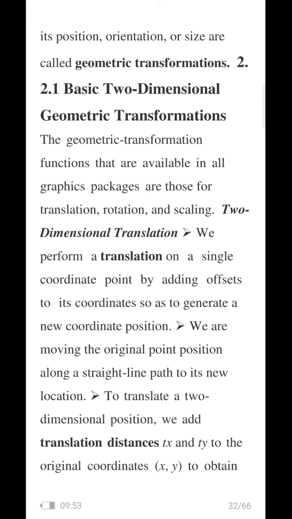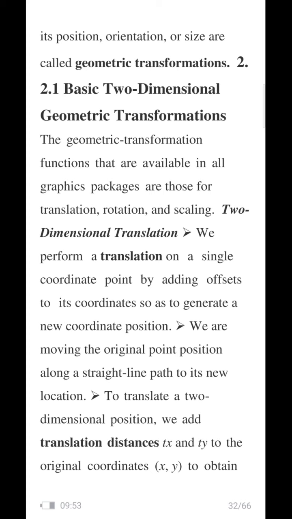The x coordinate value will be 20, and the y coordinate value will be 20. So what offset value do you have to add? Think: the new position should be 20 and 20. The existing value is 10 and 10. What is the offset to be added? For x you have to add the offset value 10. For y also you have to add the offset value 10, isn't it? That's what they are trying to explain.